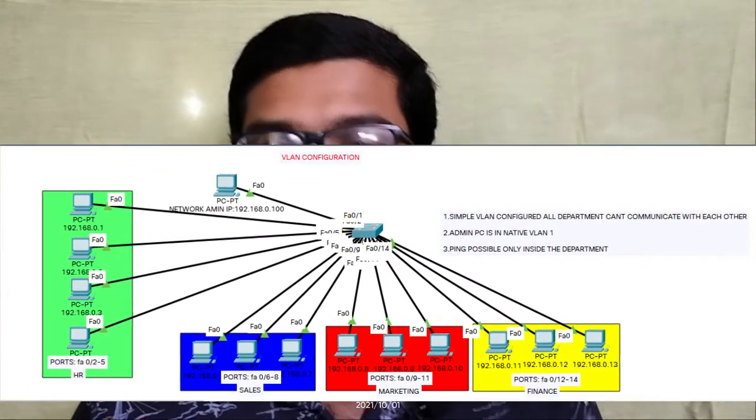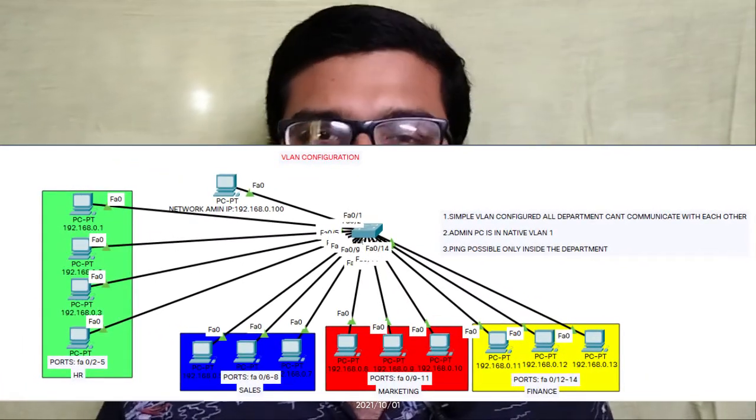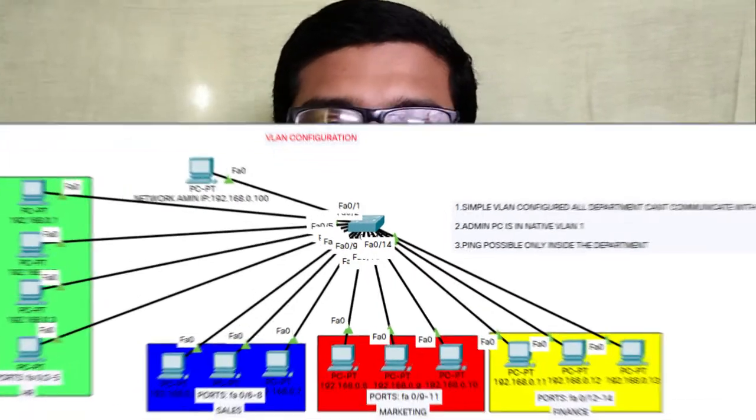If we want to differentiate our network while keeping the same IP address, say for example you are using the network 192.168.1.0, and you want to divide this network into different departments, for example finance, HR and sales, and there are many other departments in your company. You want to differentiate those departments by keeping different virtual local area networks. Say for example the HR will only be able to communicate with HR, and sales will only be able to communicate with sales. This is the main concept behind VLAN. You will configure VLANs for different departments.